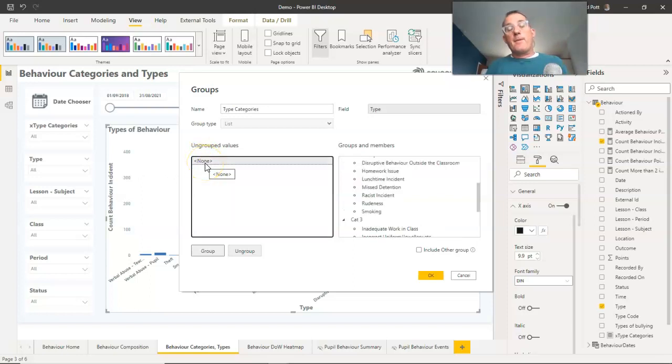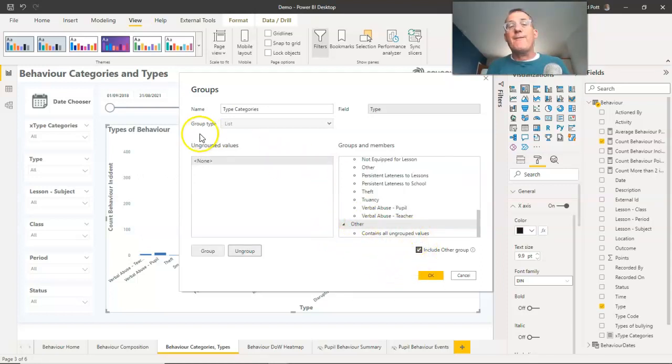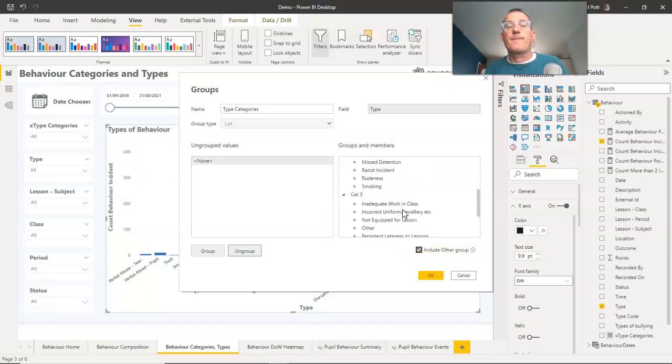I do actually have a category type called none there. I could actually choose to click that button, which will just as a default put anything that's been uncategorized into that group there. You can choose that or not. If you want to be very specific about what groups you have or don't have, you can choose to ignore all the non-group values as well if you don't create this other group. So now if I click on OK,